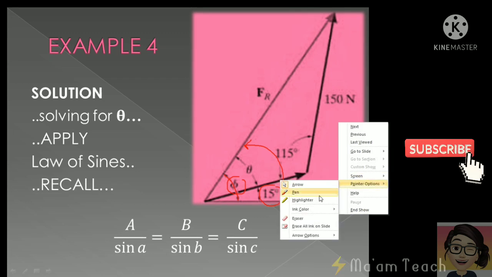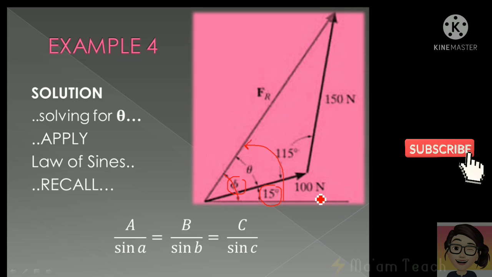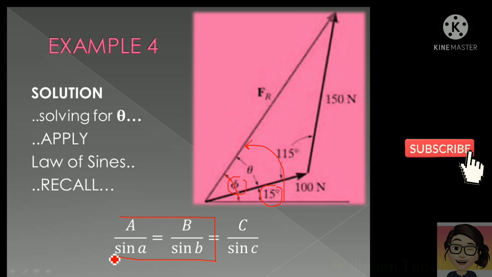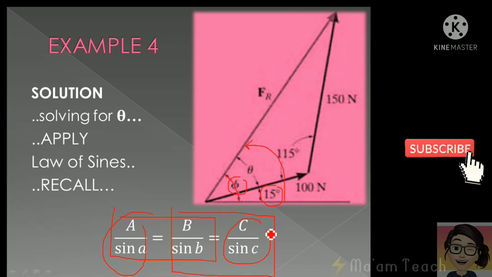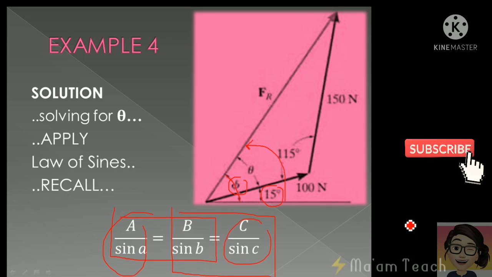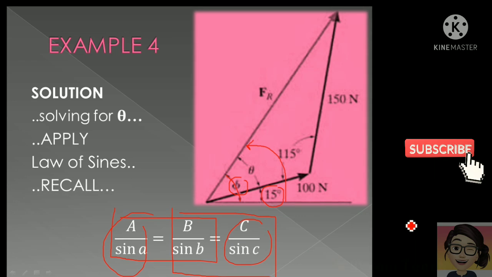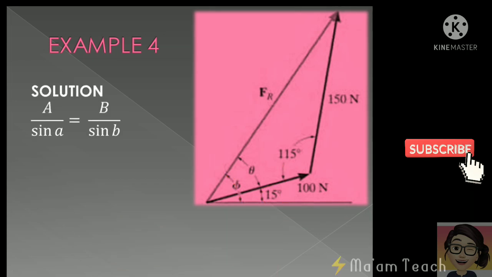Only two. It's because if you could recall, an equation has only one expression from the left side and one expression on the right side. So it could be that you use this two, or this two here, or this one, or this one. Anyway, class, like I've said, these letters are just representations of our actual problem. And the same as earlier from the law of cosines, these big letters represent your sides and the small letters represent your angles. So I decided to use this expression here, this one.